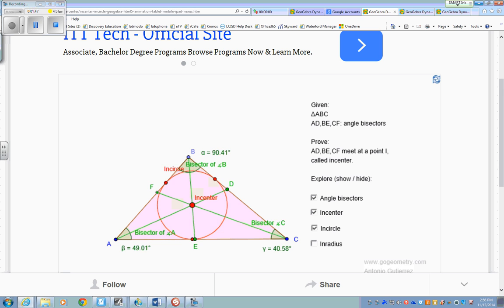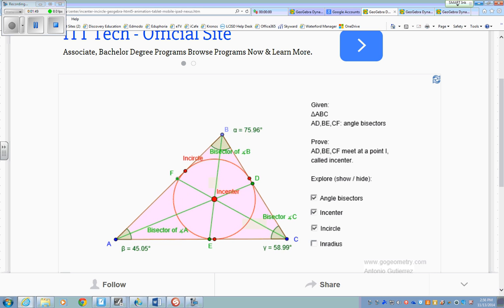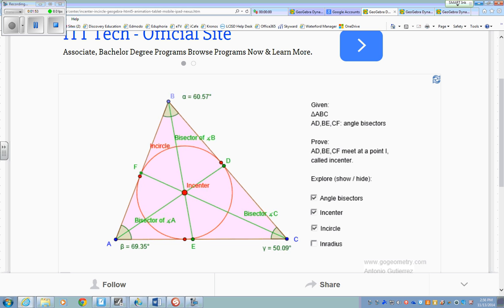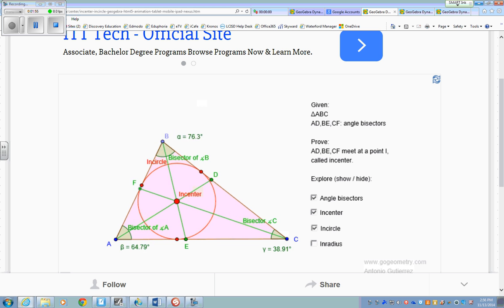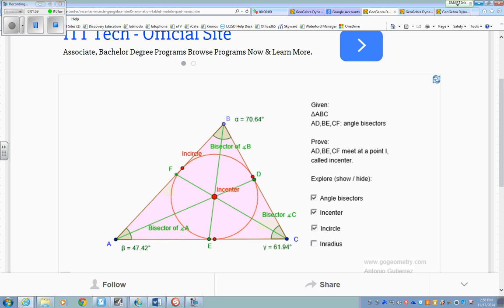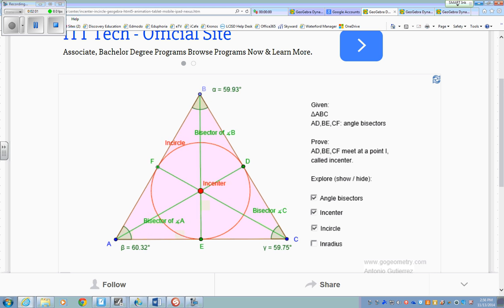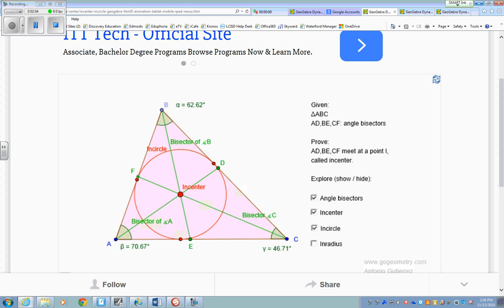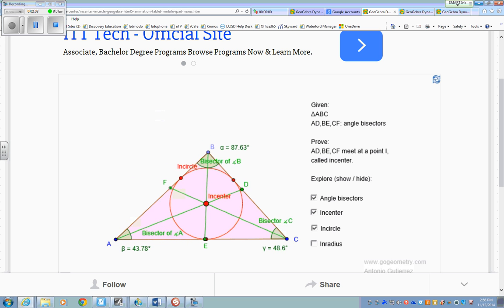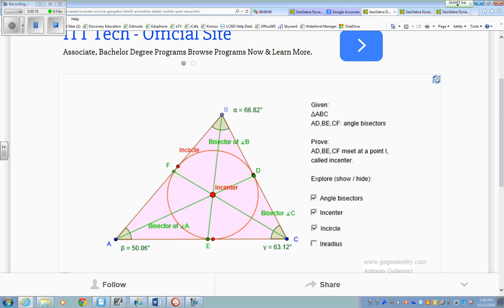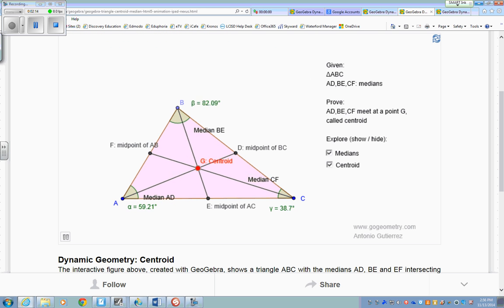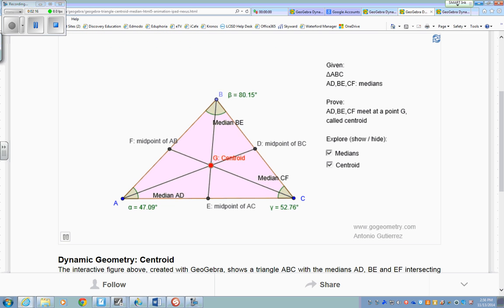The in-center was made with a different type of special segment. Does anyone remember? The angle bisector. So on this animation, they're showing you that the angles are being bisected, and where all the bisectors intersect, that point of concurrency is the in-center. So that was those 2 yesterday. We remember those 2? Okay, so hopefully you know what they look like. All right, the new ones, if you looked at one of the videos I posted,